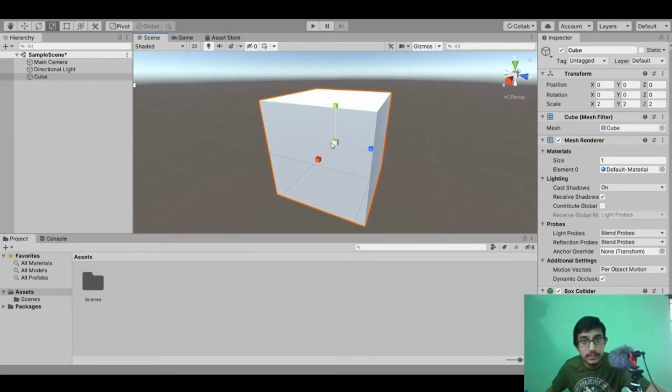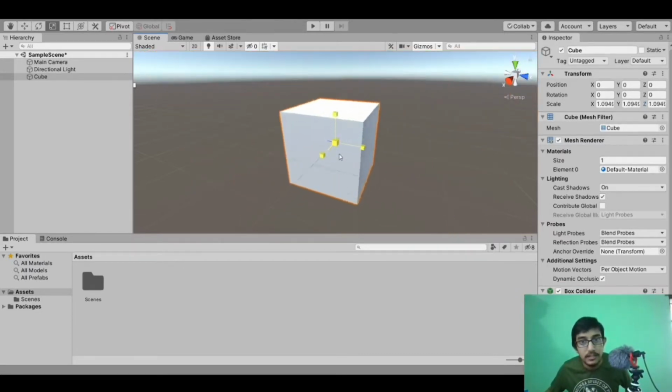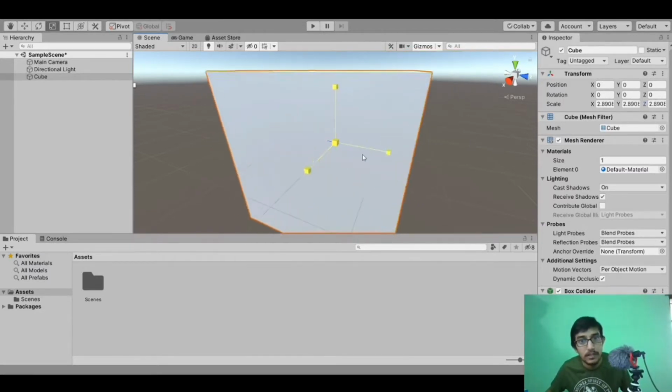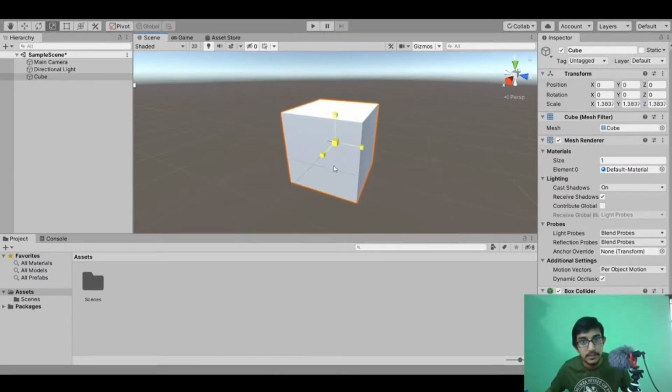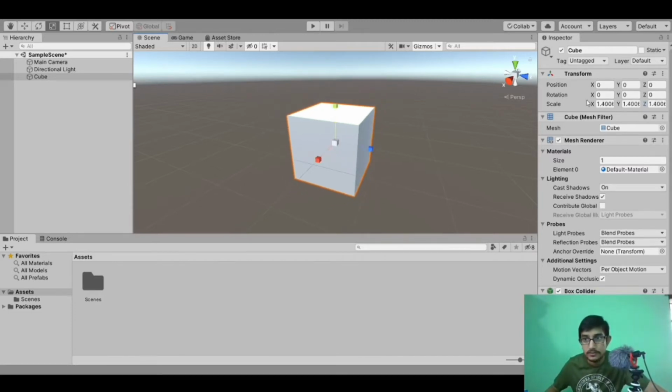We can also do it using this option which is available at the meeting point of all 3 axes. When we select this cube and drag it, the size of the cube changes proportionally on all the axes. You can see this. So here I stop it, and you can see the scale of the cube is 2.1812 in x-axis, same in y-axis, same in z-axis. So our cube remains a cube. It did not change to a cuboid or something. So let's scale it once again. Let's change to 1, 1, 1.